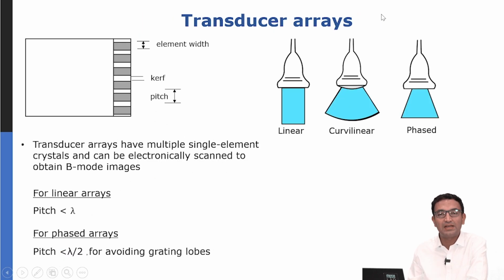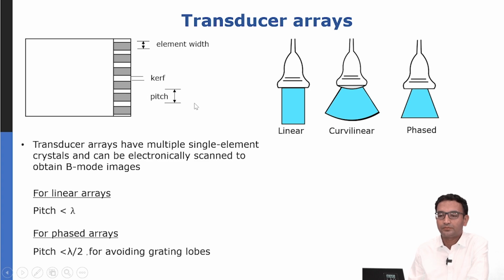Now let us discuss transducer arrays. So far we talked about single element transducers, but the crystals can also be arranged in an array geometry to get a composite transducer, which is used a lot in medical imaging these days. So consider this schematic of a transducer. The grey rectangular boxes represent individual crystals which are arranged in a row, and the white rectangular spacing between them represents the insulation layer. So the width of these grey rectangles is the element width, and the width of these white rectangles is called the kerf,